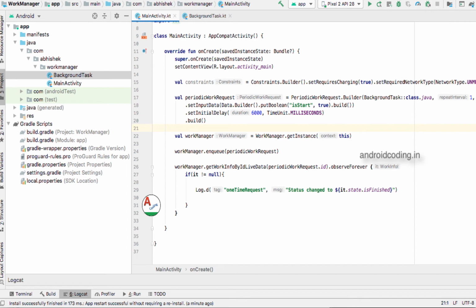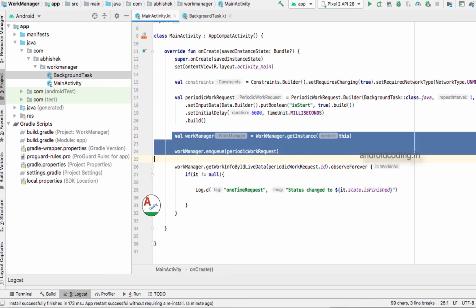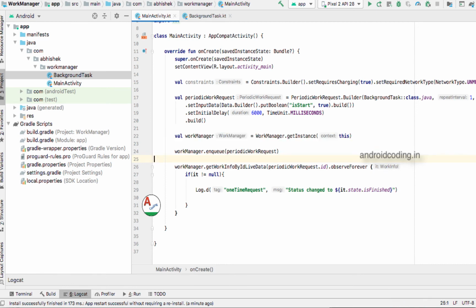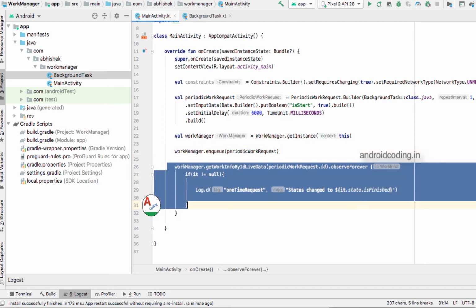All these initializations and getting instances, I think you are familiar with now by watching the previous video. But let's see. Here we are getting the instance of Work Manager, and to the instance of Work Manager we are providing our periodic work request, and here we are observing it.